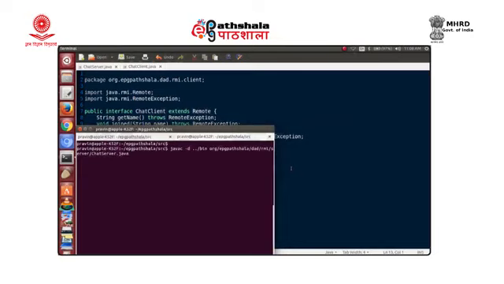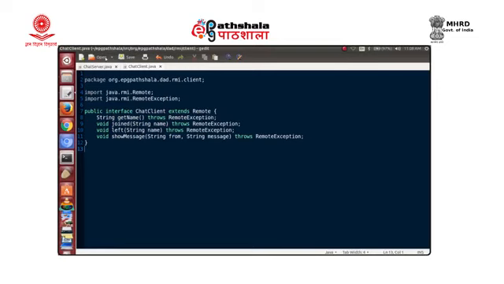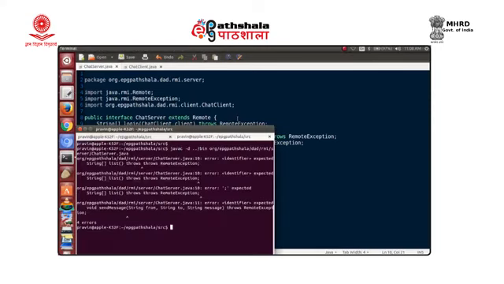Let us compile ChatServer.java. Okay. This would in turn also be trying to compile the client. Now, we have this throws RemoteException. Oh, it has been coming twice. So, that is happening in the chat server. Let us see what is there in the chat server. Oh, yeah. For the list method, I think we put it twice. So, that has created some troubles. Fine. Let us correct this and recompile now.